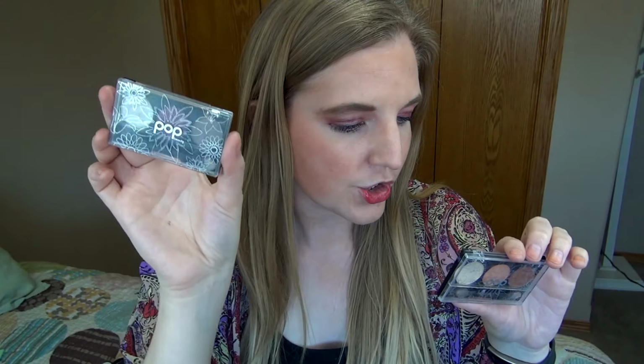But the next 2 were from Birchbox in the last year, and I really loved them. They're both by Pop Beauty. They're trios, and they're both from Brighten Up Your Life. This is in Sugar Plum and this is in Peach Parfait. The Sugar Plum are colors that I'm still,